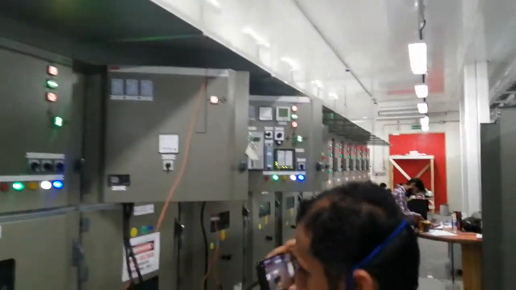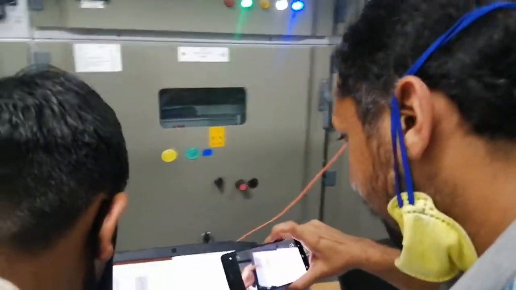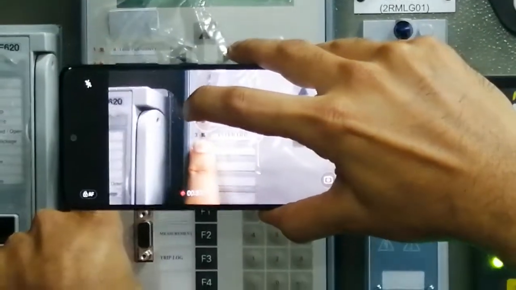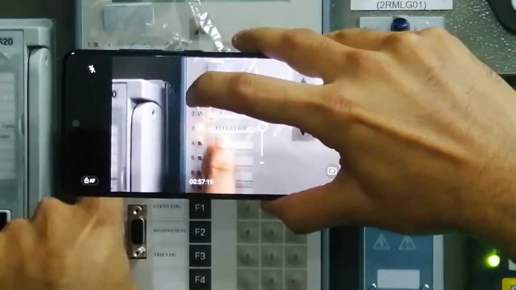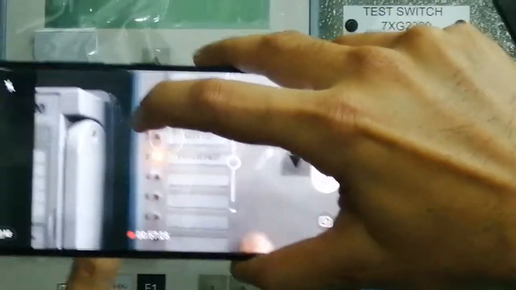Let's try testing this breaker on differential protection. I'll show you on the 132 kV side, LED number 3 is off. LED number 3 is off on the 132 kV side. So I will focus here, and the engineer will force the differential protection. You see, he has forced the differential protection, and we have received the intertrip on 132 kV. This is the 132 kV Ciprotec relay. So we have received this intertrip on the 132 kV Ciprotec. So I'll show you on the 11 kV Ciprotec relay, in which we actually forced this signal.